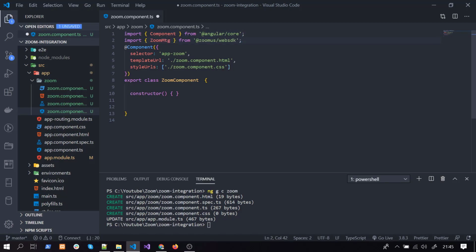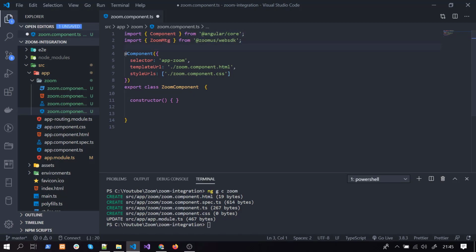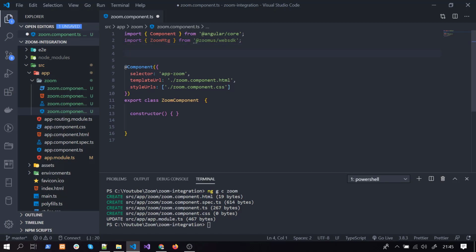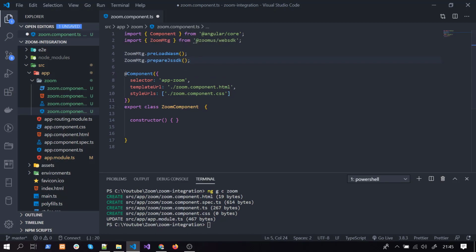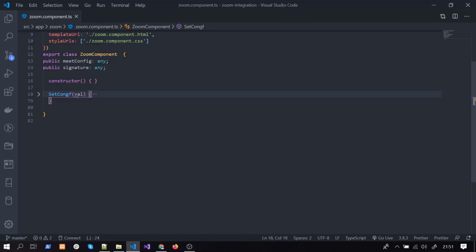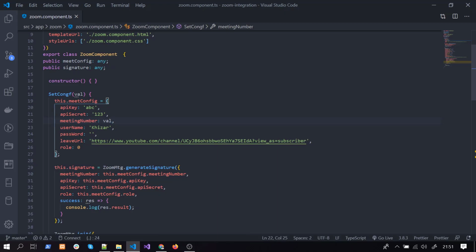We need to import the web SDK. Then we need to preload some of the Zoom libraries here as well. By the way, if you want to deep dive into it, you can also go and read them in the documentation. I have pasted this method right in here. In this method, we have